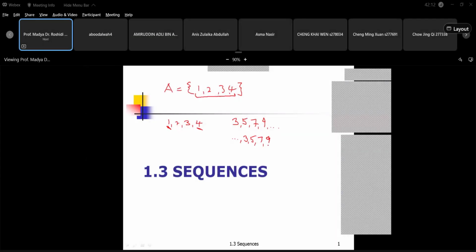7, 9. So for this kind of number, we know the starting point is 3, but we don't know the ending point. It is also the same as this kind of number. We don't know the starting point, and we know the ending point. These two lists of numbers we call infinite